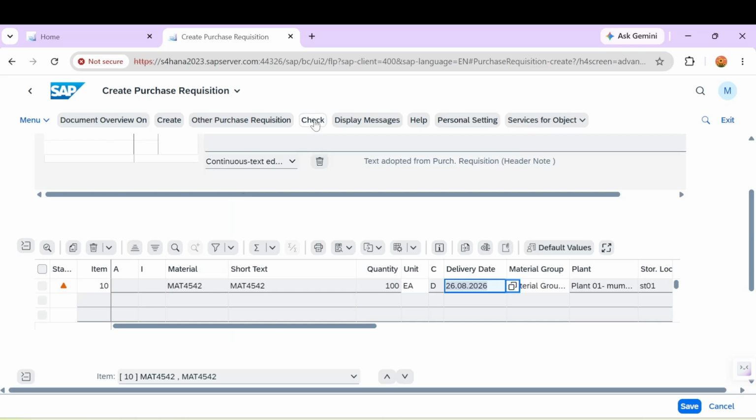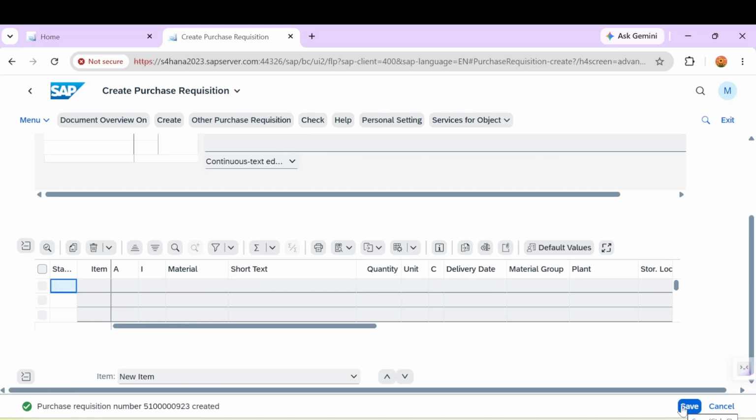Just hit enter. Okay, you can check from here. In GUI there is an icon for that, but here you can simply click on Check. No message issued during check, and you can save from here itself. So this purchase requisition is created from here. Let me copy this also.